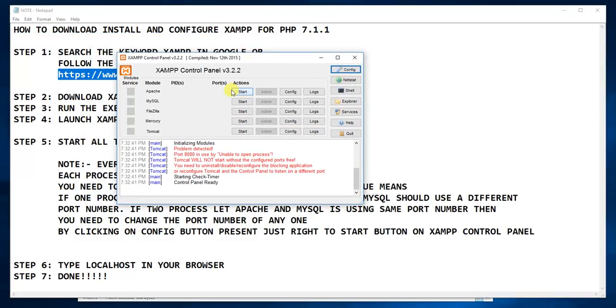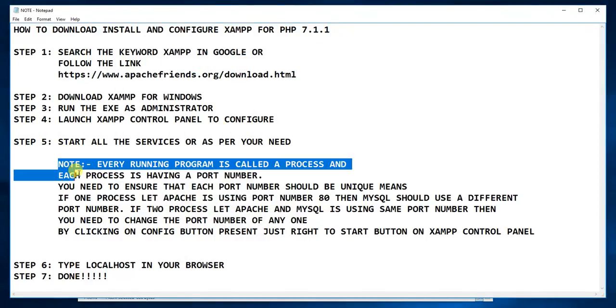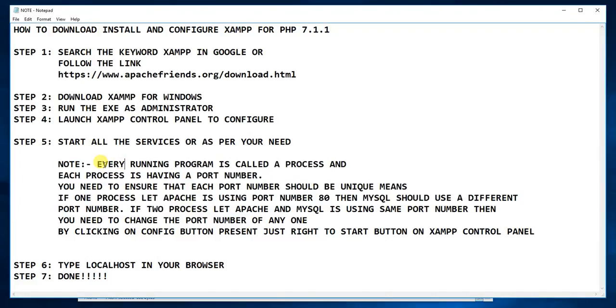This is the Xampp control panel. You need to start the services of the various modules. Let's start Apache. Remember, this Apache is using port 80. Now step 5 is over, but one note here is that every running program is called a process